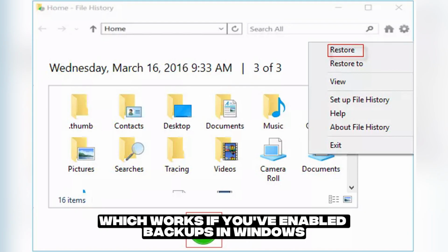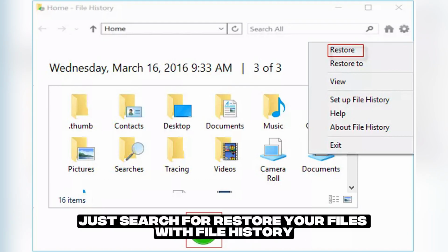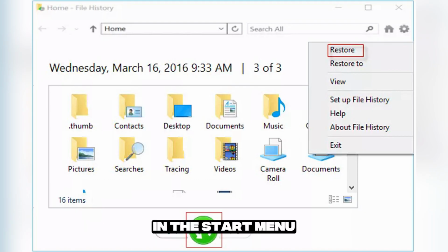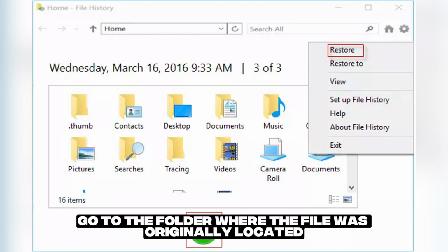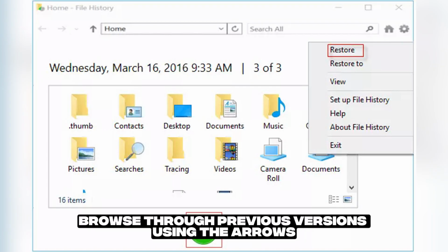If the file isn't there, the next step is to try File History, which works if you've enabled backups in Windows. Just search for Restore Your Files with File History in the Start menu. Go to the folder where the file was originally located, browse through previous versions using the arrows, and click Restore